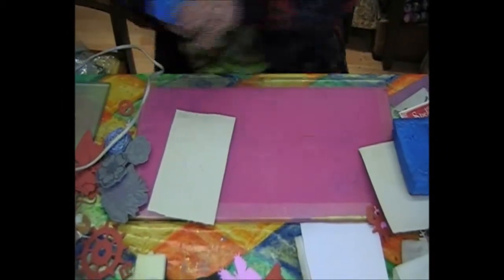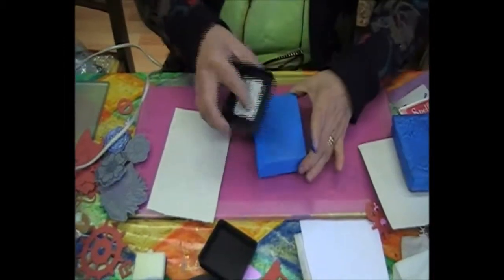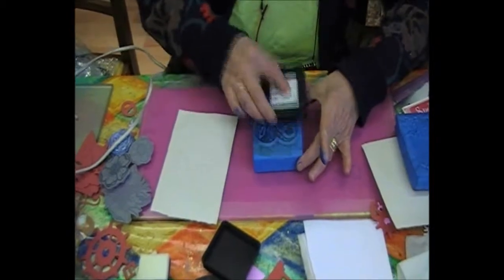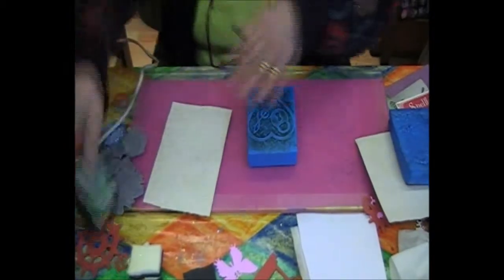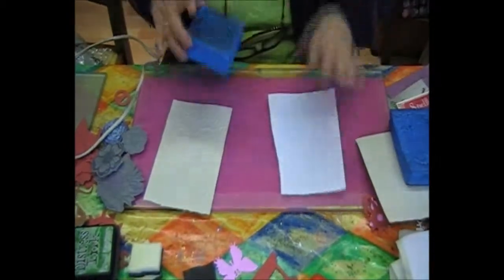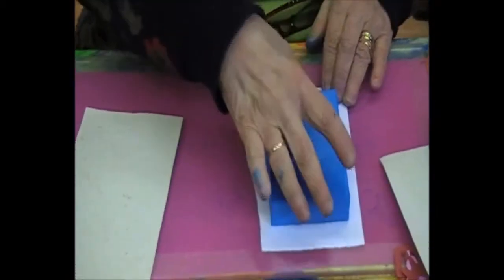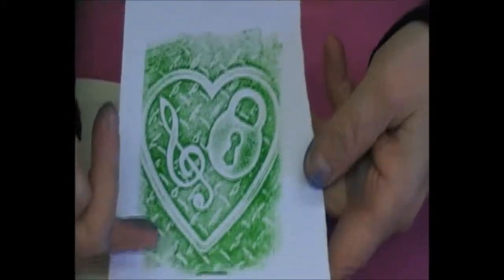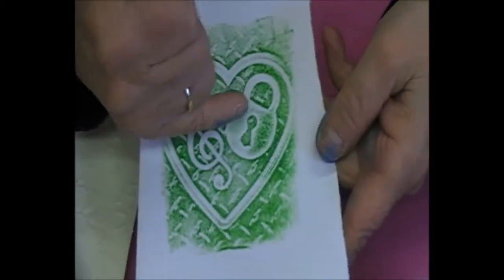we have now got, I'm getting fed up of blue, let's try something else. We've now got a stamp that matches this die. So I stamp that now. That's just a nice normal thing, but can you see you've got the mark from the embossing folder, the impression from that, you've got that which is just cut out of a piece of paper and light card, and you've got that. Now you've got the heart, but if you then want a